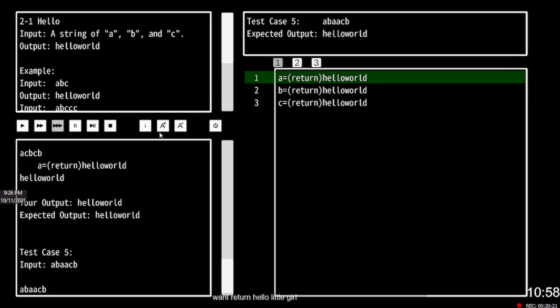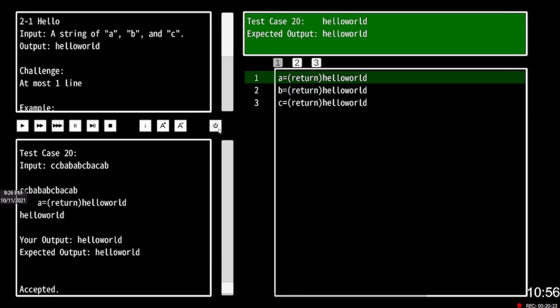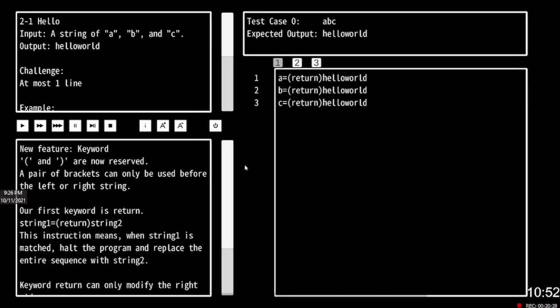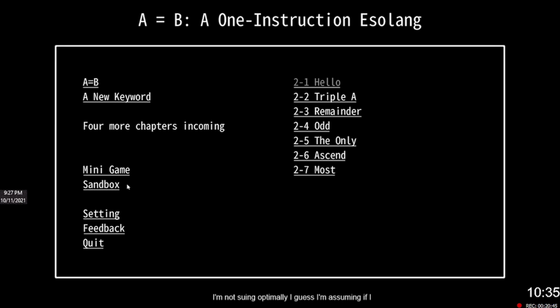All right. Okay. That one didn't get scratched off either. Two. Did I not do it optimally? I'm assuming if it scratched off, I did it optimally. I don't know. Maybe that means something else. They don't really